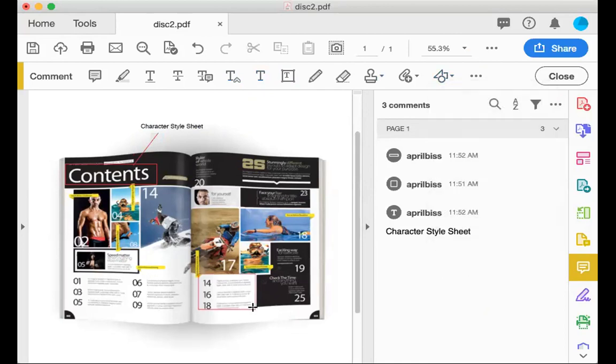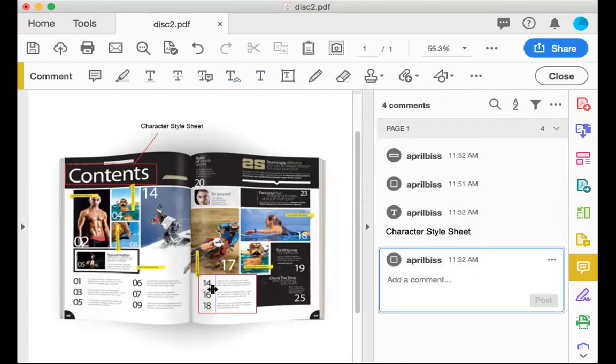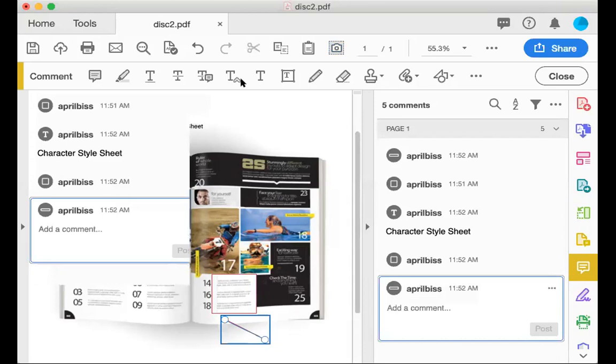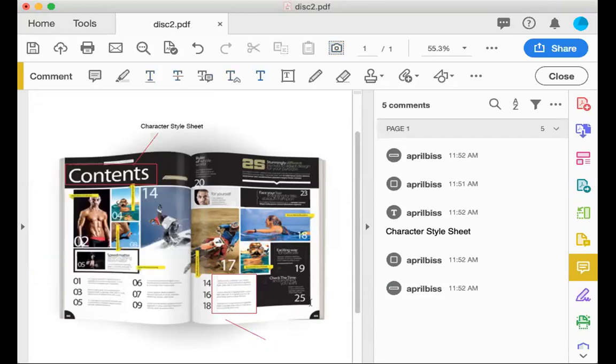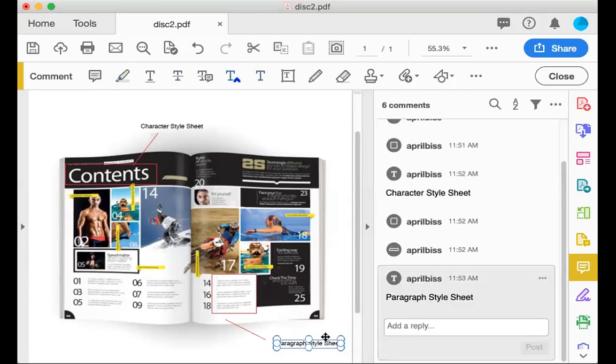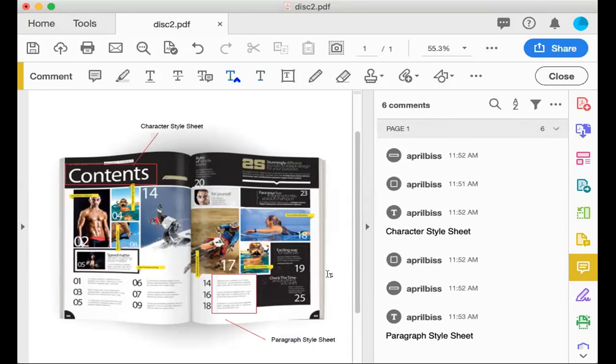And then you can maybe just indicate where the other style sheets would be. Kind of easy. So this would be paragraph style. Do you guys get what I'm talking about here? So you can pick and choose each of these areas here. Okay, then you just have to save it.